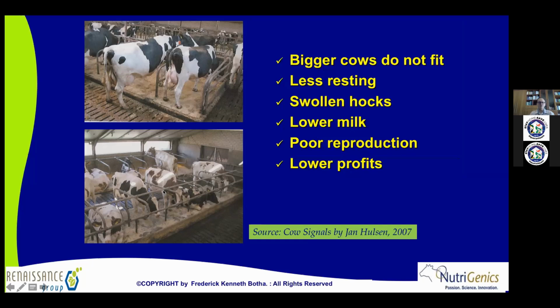So we know if we see that, we will see less resting time, more swollen hocks, lower milk production, and poor reproduction, and they eventually lower profits as well. So we need to evaluate these systems and identify the signals correctly, and change those to make more milk